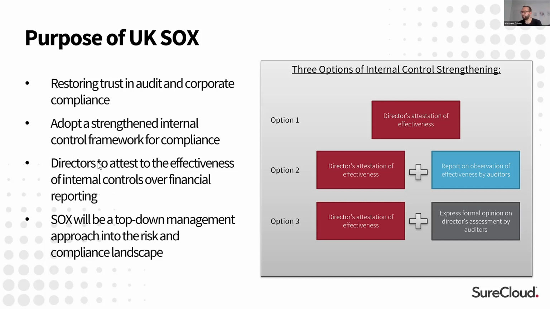Yeah, I think it's probably worth reiterating that it's a fundamental shift in how people manage risk and control. I mean, some organizations are already doing this, but it is going to change. You're having to have a top-down approach, you're having to embed this and link this to business processes, objectives, financially significant things. So it's a much more top-down, thought-through approach to risk and compliance, and it's going to force organizations to have a much more joined-up approach between the different risk and control areas.